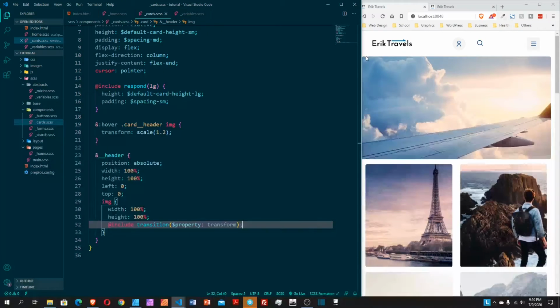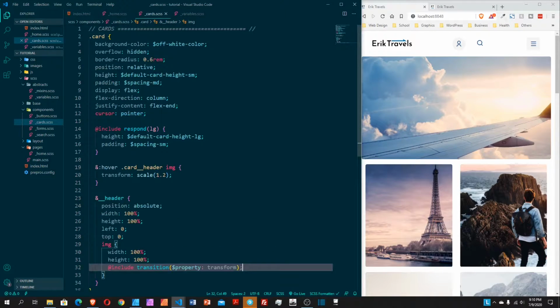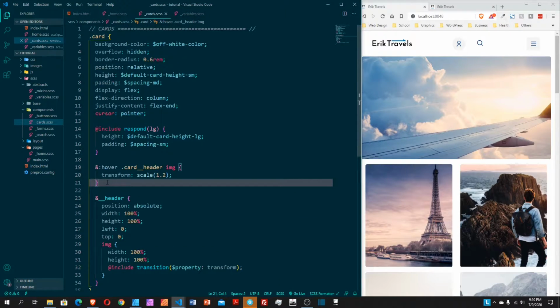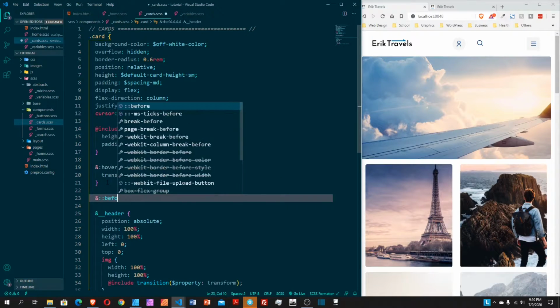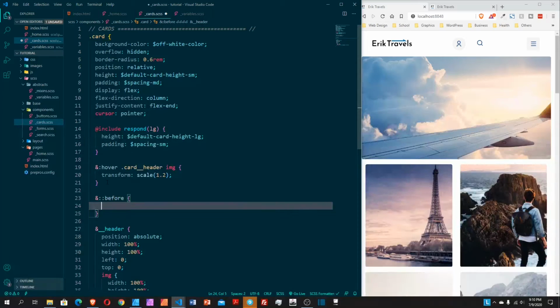Now let's put the overlay on top of it. To do so, we're going to create a pseudo element on the code itself. So this is the code right here. We go down after the hover with the ampersand and the before pseudo element